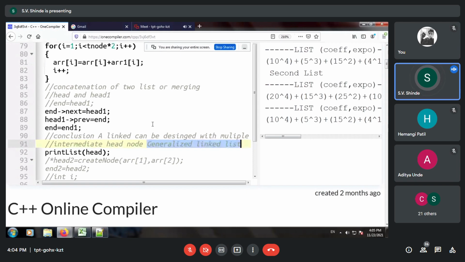Without using multiple heads, can we use multiple pointers for the same application? That could save space also. So we will see the concept of skip list in tomorrow's session.